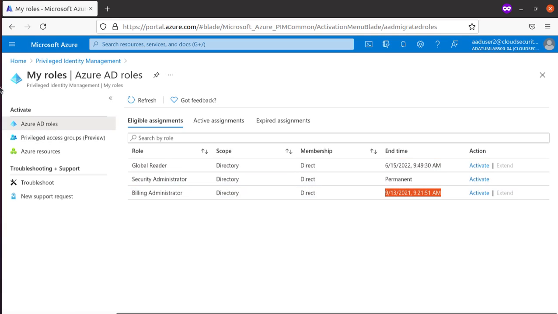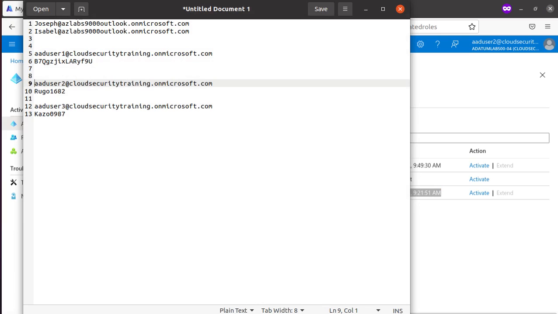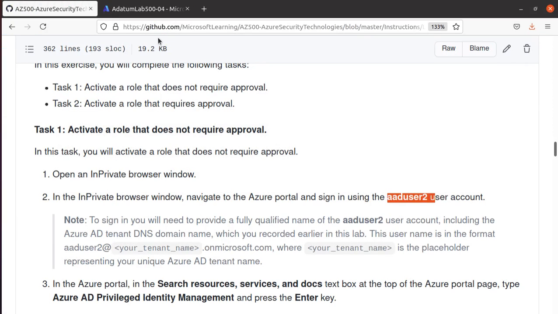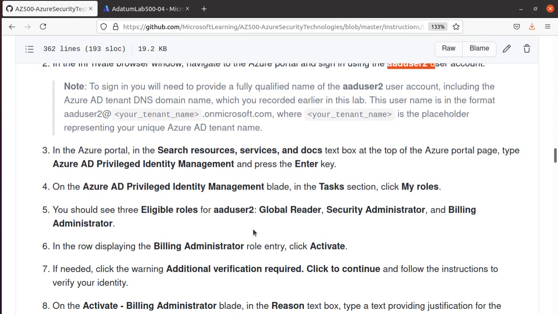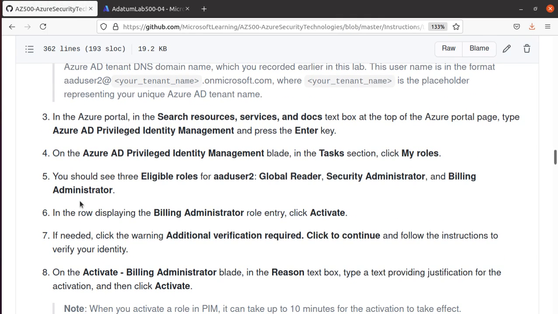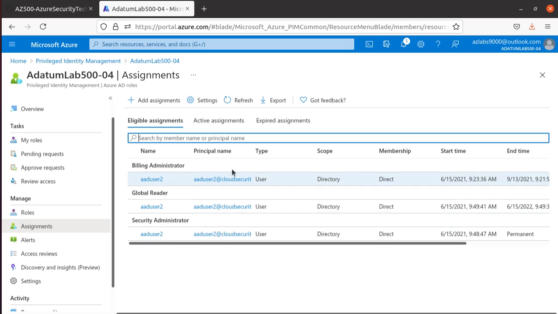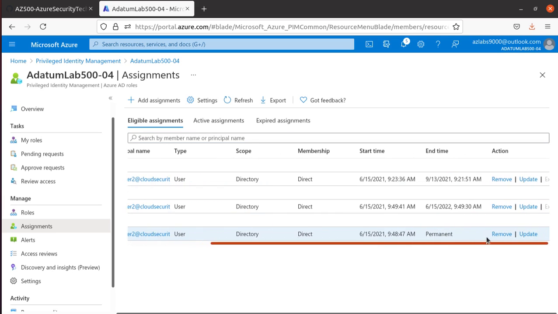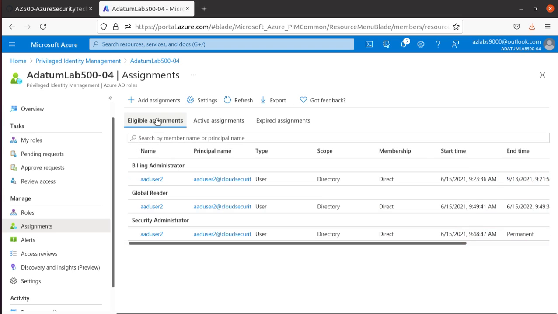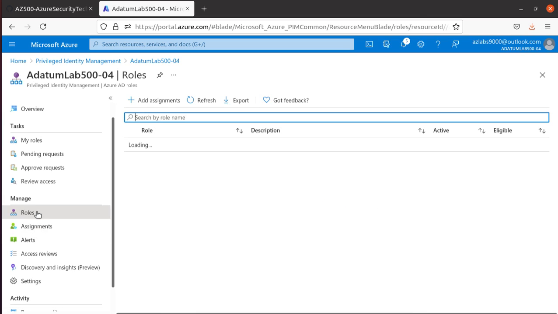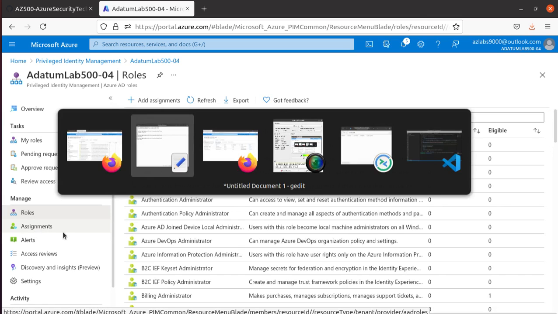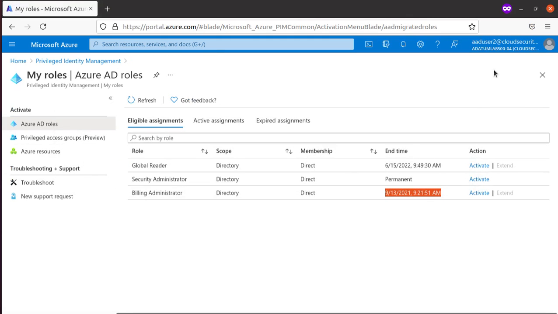Okay, so let's go back to GitHub and see what the next step is that they're asking us to do. So we are here: my roles, the row displaying billing administrator entry, click on activate. For billing administrator, I don't think I need any approval, so sorry, not here, I have to go back to the other window. So here, billing administrator, I am that user too. I'm going to make this role active. So if I click on this one,